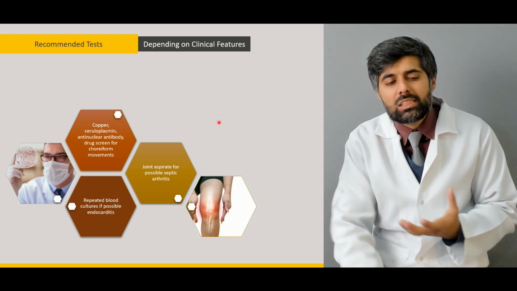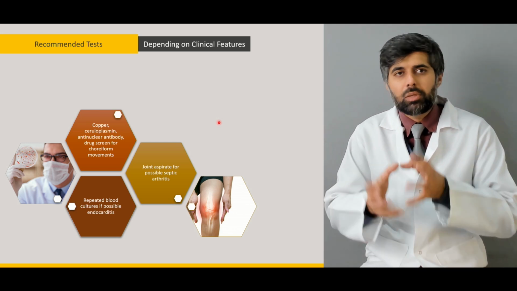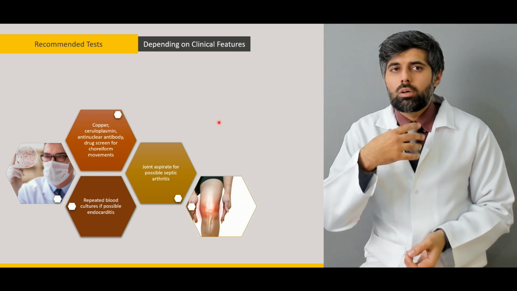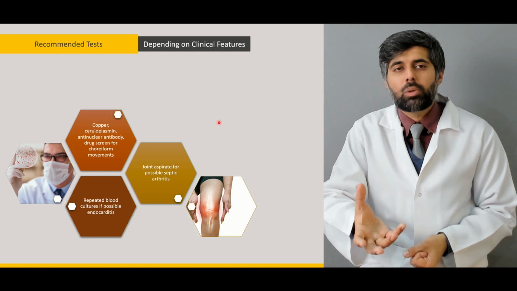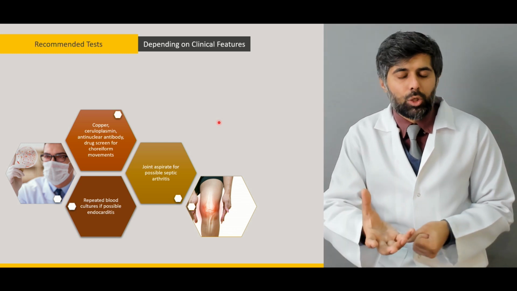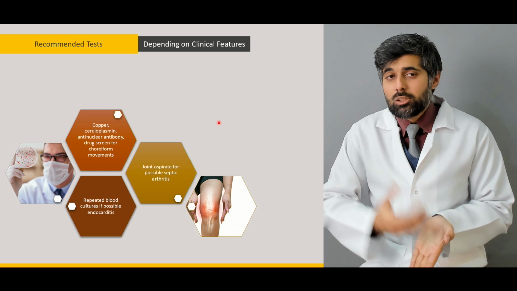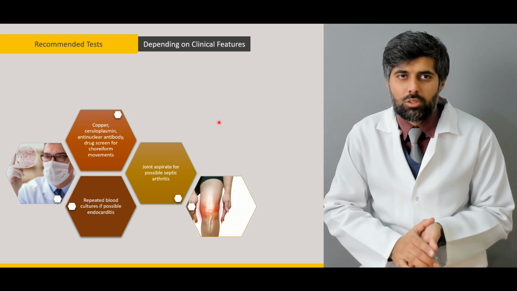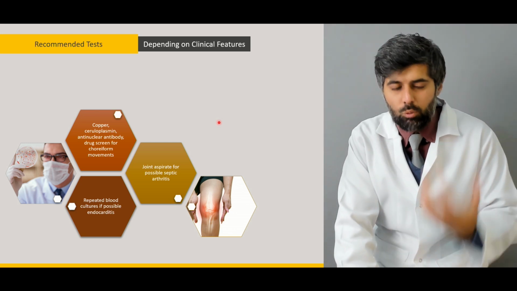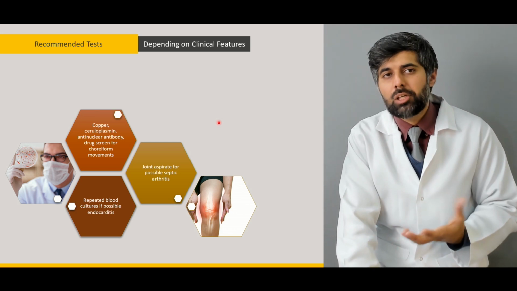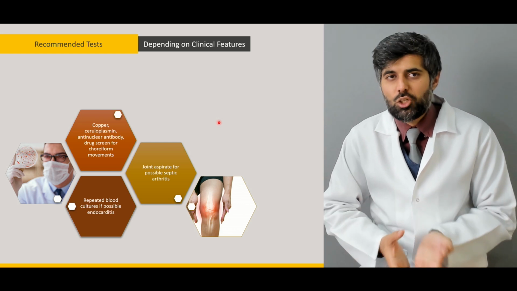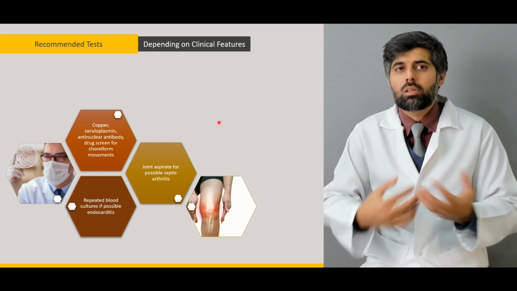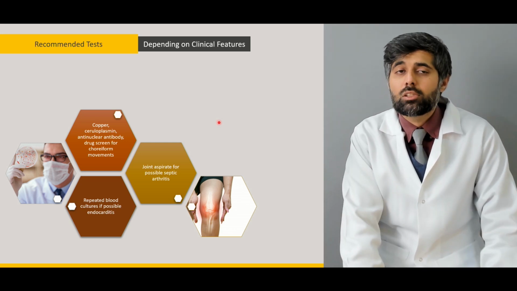Now, all of these are done in order to confirm if there is any increase in the copper or ceruloplasmin inside the body, in order to exclude the diagnosis of Wilson's disease in such patient, because Wilson's disease also results in chorea, in dementia, and other such symptoms which may overlap with acute rheumatic fever's neurological